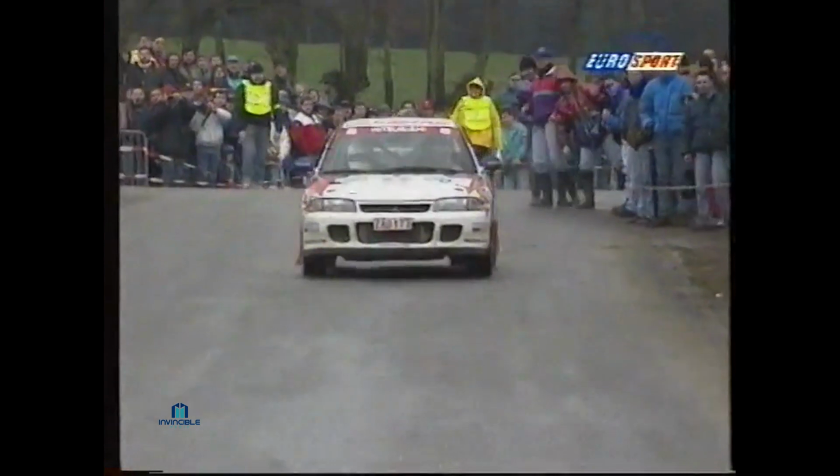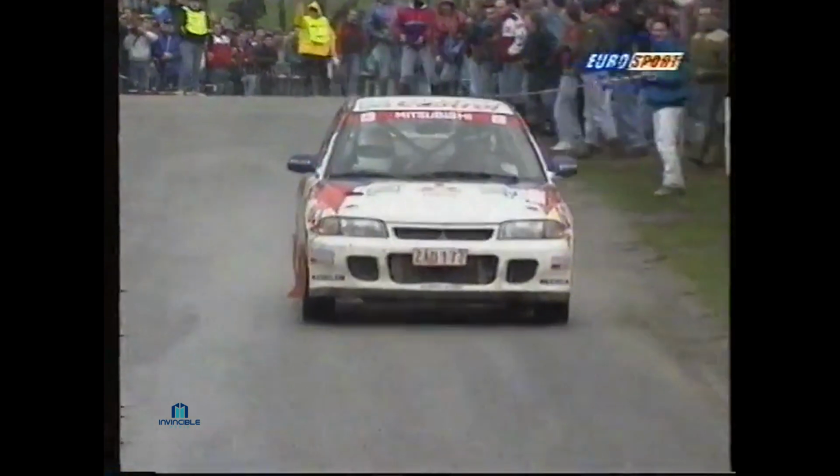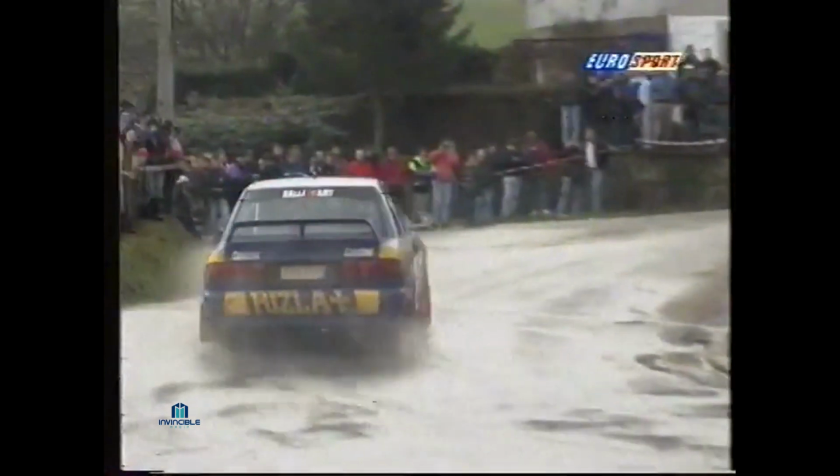That was nearly the end of the Group N leader, but he collected it back together and carried on with the job. It would have been a shame to spoil such a good rally for Pascal Smets. Night falls on the final stages. The Subaru accelerates away, and Markku Alen here